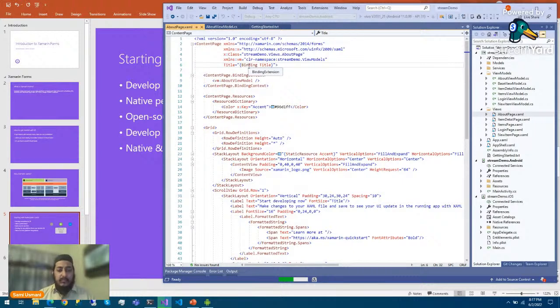For example, we are using maps in our application. Sometimes we have to update some values on the map, show the user some pinpoints on the map. So we can just get our values in the code behind and pinpoint those values from the code behind to the view.